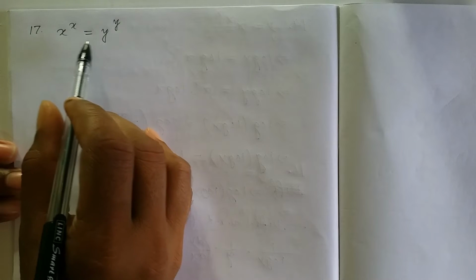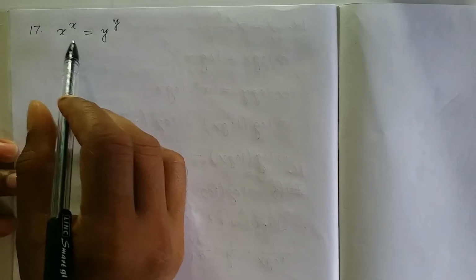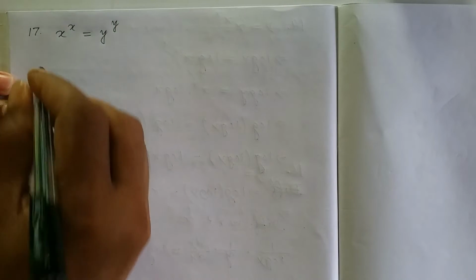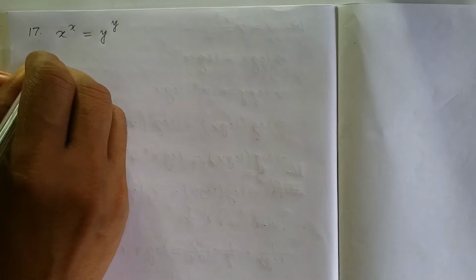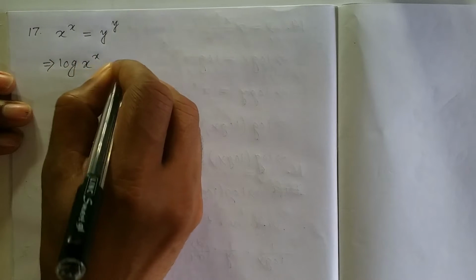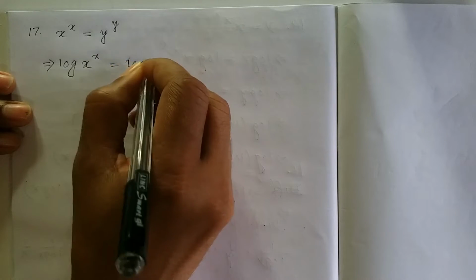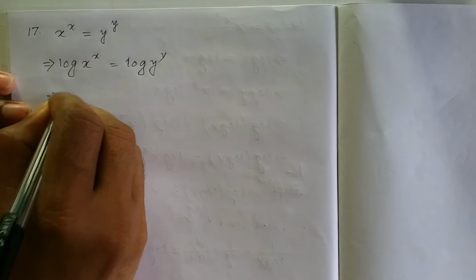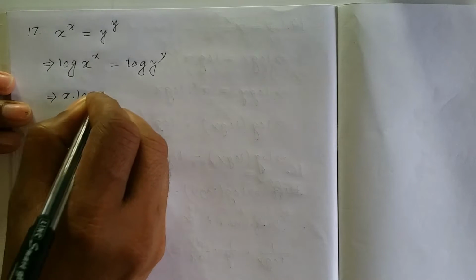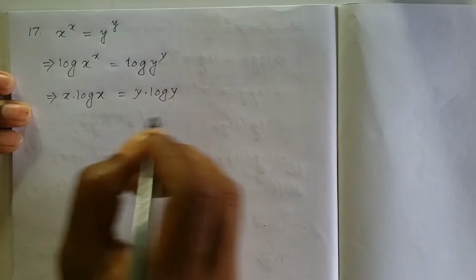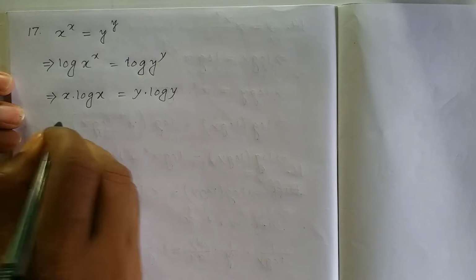So x to the power x is equal to y to the power y. We have discussed the methods to solve these types of problems in the previous class. So directly we take logarithm here. So log of x to the power x is equal to log of y to the power y. The consequence is x into log x is equal to y into log y. Now we can differentiate the function. So differentiating